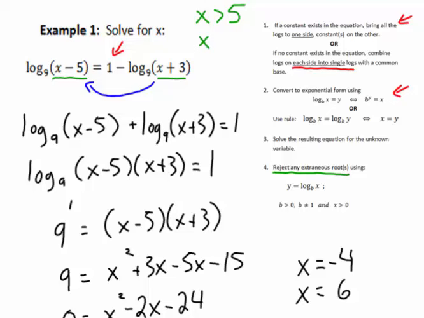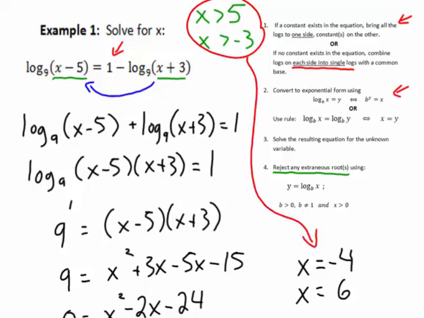For the other one, x must be greater than negative 3. Again, if we put a number smaller than negative 3 in there, we would get a negative in the argument, not allowed. So we have to compare our restrictions on our domain to our final solutions, and it's pretty easy to see there that negative 4 is not in the domain of the original logarithm, so the only solution is x equals